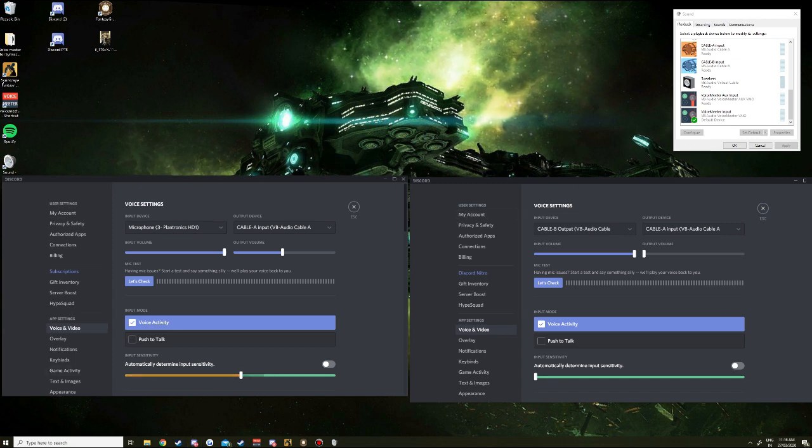And then on our music bot, we're going to want cable B output as our input, and in output device we're going to want cable A input. And you're also going to want to set your decibel detection. You definitely want voice activity, and you want your decibel detection to negative 100,